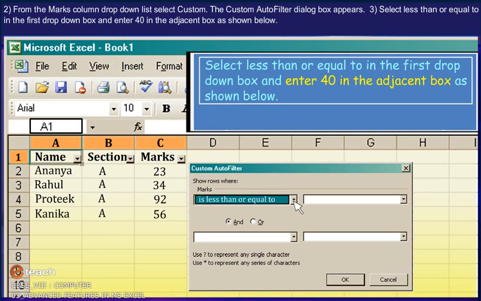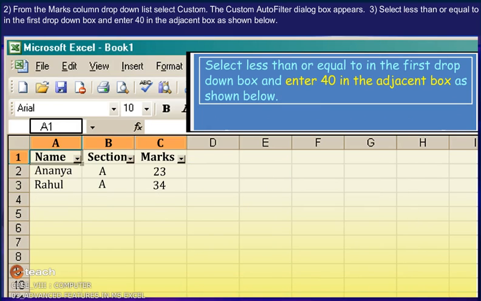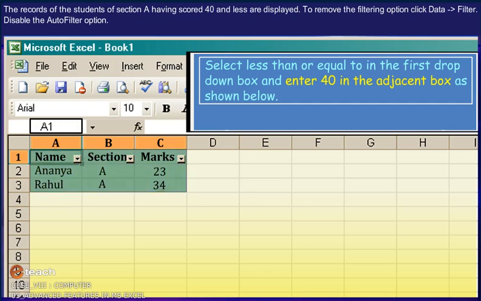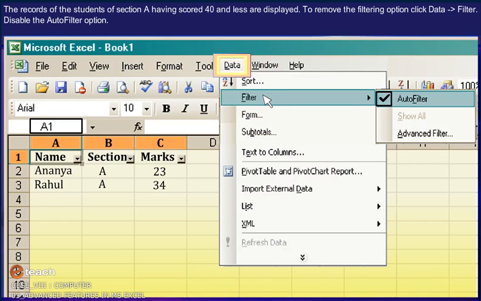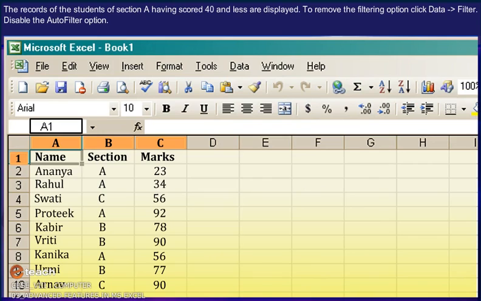Select less than or equal to in the first drop-down box and enter 40 in the adjacent box as shown below. The records of the students of Section A having scored 40 and less are displayed. To remove the filtering option, click Data, Filter, and disable the Autofilter option.